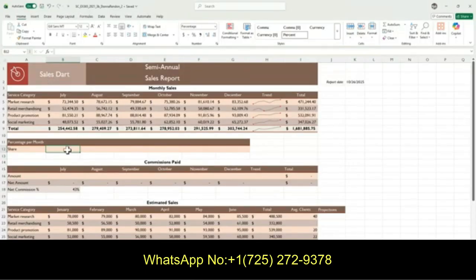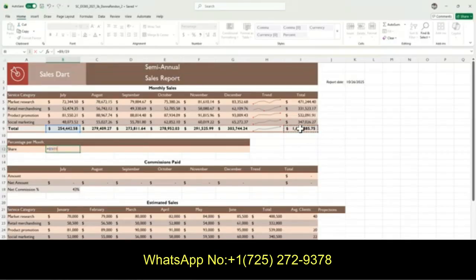So the formula, it says without using a function. So that means we're just writing the formula. So click equal sign. And the formula would be divides the total sales for July, cell B9, divided by the total sales I9. So I9 is this here.